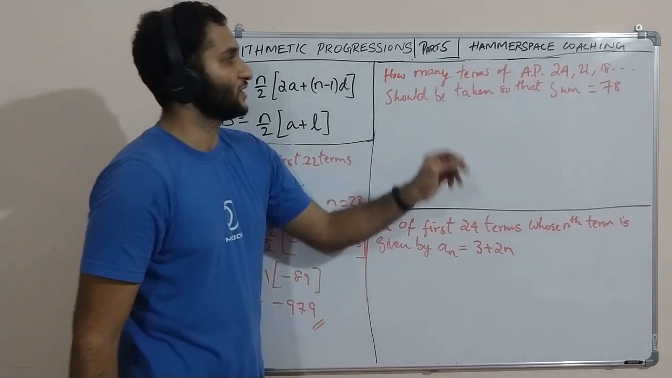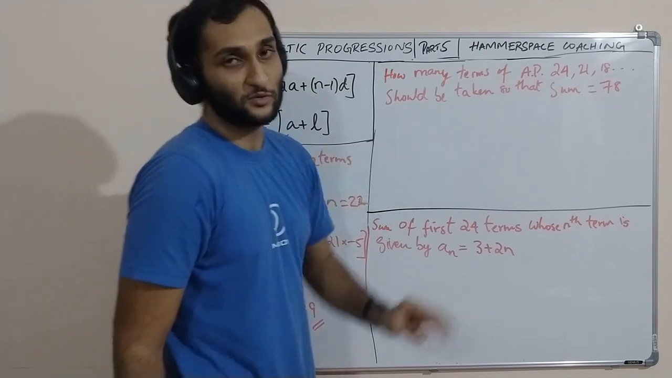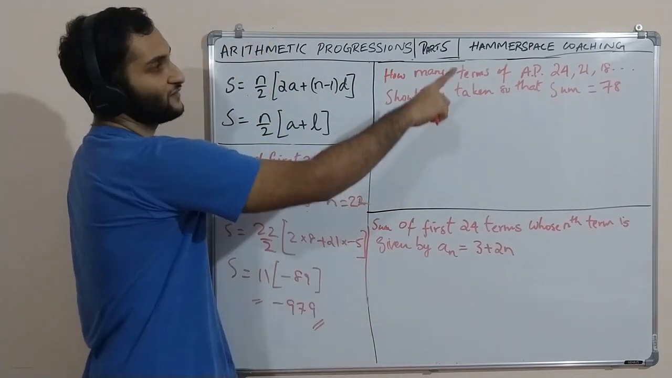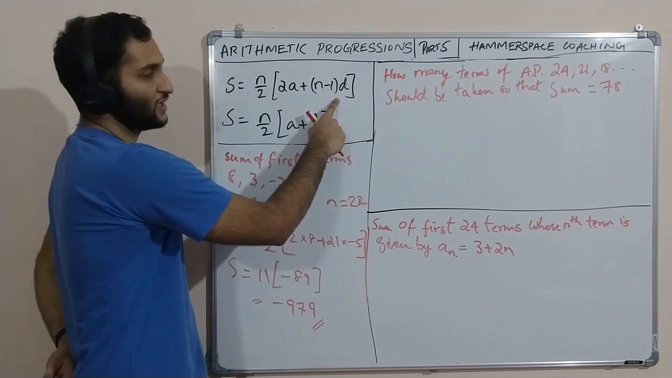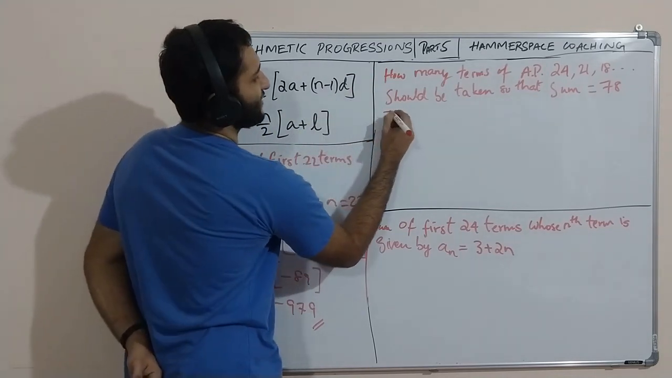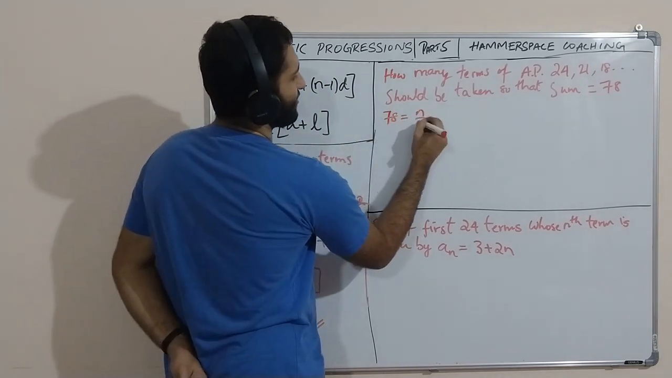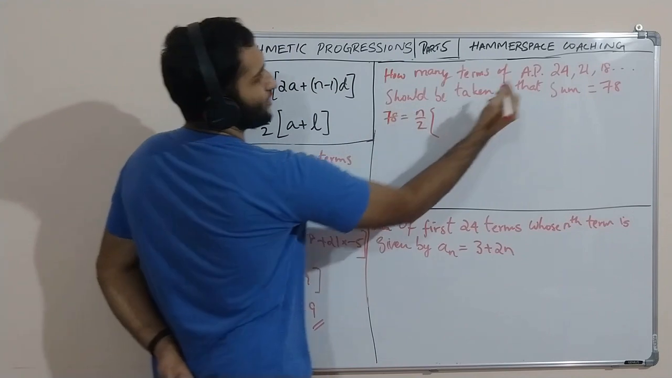Now let's solve this one. How many terms of AP should be taken so that sum equal to 78? So again we don't know the last term. We use this formula. So s is given 78. 78 equal to n by 2. We don't know n. N by 2, 2a, 2 into a is